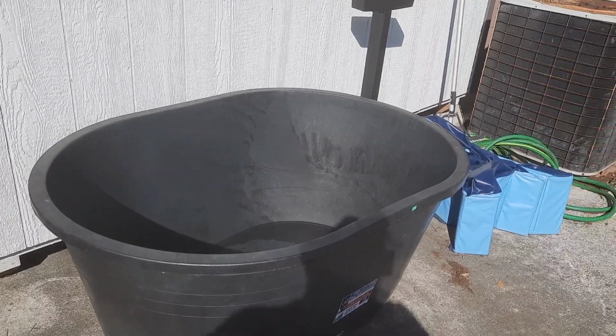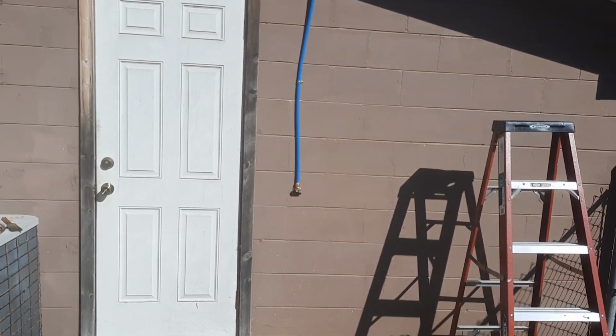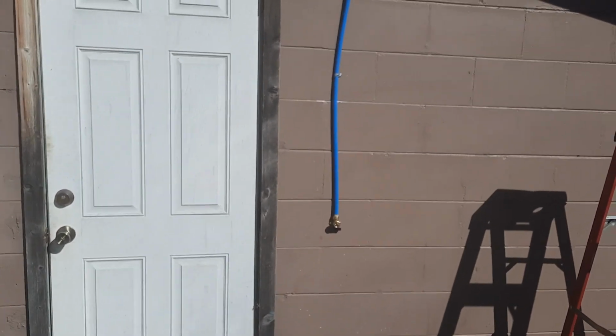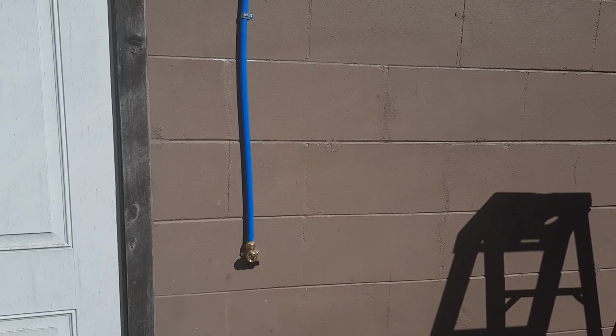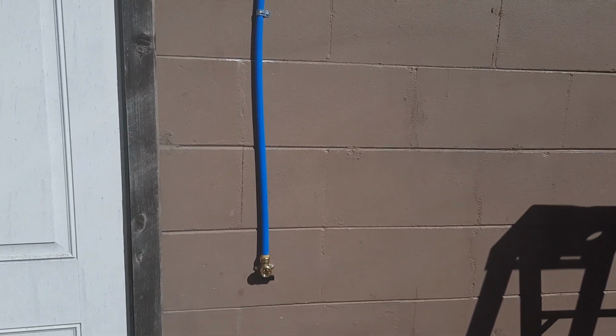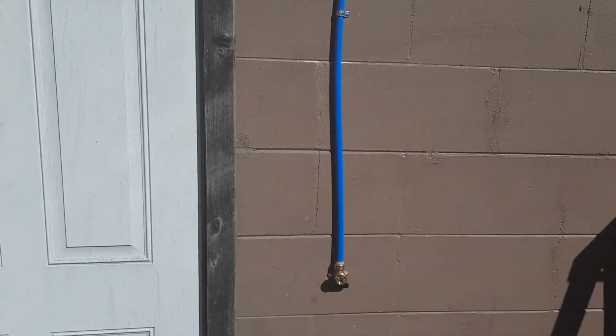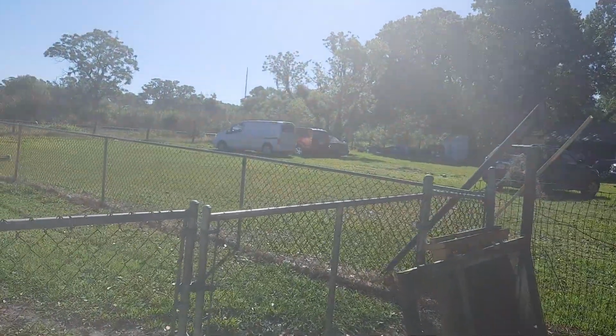Also, while Mike was here, we actually added a water line to the outside of my house. I got to get it all dressed up and pretty at this point, but that way I'll have a way to fill the ice bath. Other than that, like I said, let's go around here, give you another quick look at the